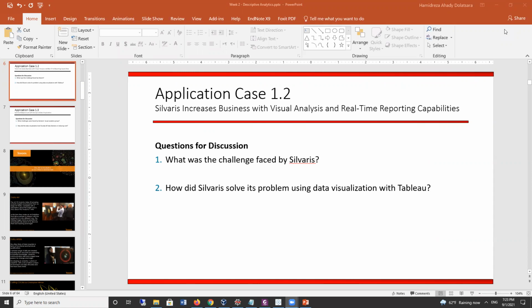So good evening, everyone. Today we continue our discussions. We had two application cases. One was Silveris, and the second one was Siemens. Hopefully you have read